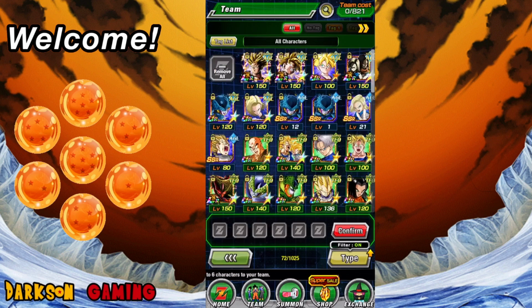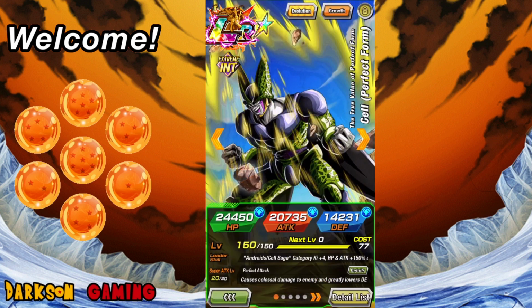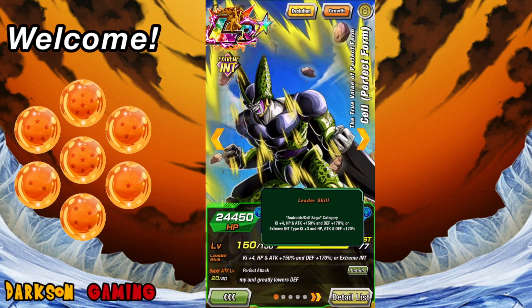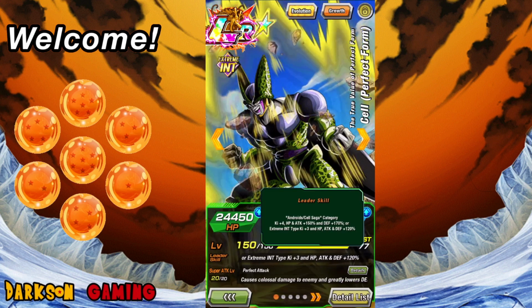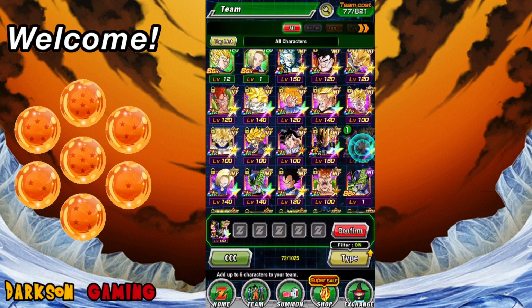Now, if I want to find the unit that is going to have the best leader skill within this, I believe it's going to be LR Cell, because his leader skill right there, Android Cell Saga category, Ki +4, HP and attack 150, and defense 170. Now, he does have a secondary leader skill, but that's not going to be something we're going to be focusing on right now. So if I say, okay, I want him to be the best,